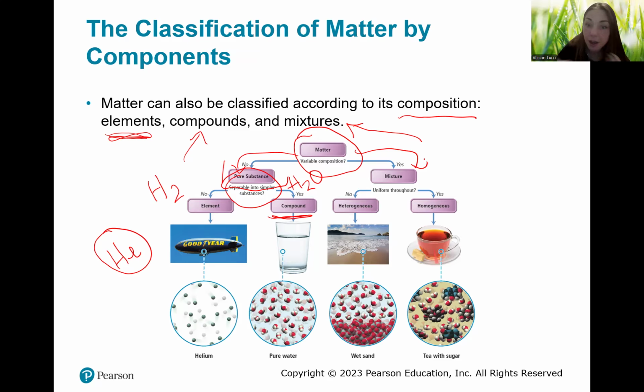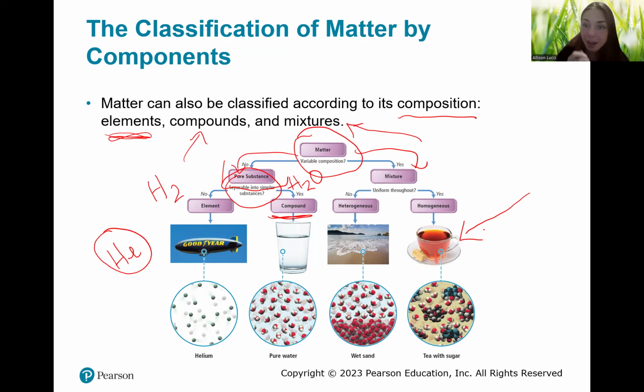Does it look homogeneous? Like this tea with sugar dissolved in it? Is there any visual starting point for the water molecules, the caffeine molecules, and the sugar molecules? Can we really see where they start and end? So no, I cannot tell with just my eyes where these different molecules end or begin. So I would say that tea with sugar dissolved would be a homogeneous mixture